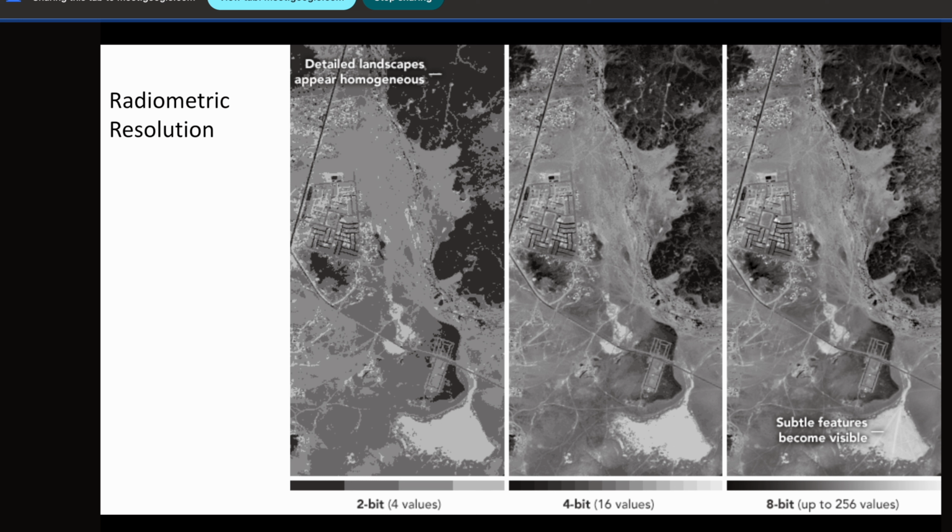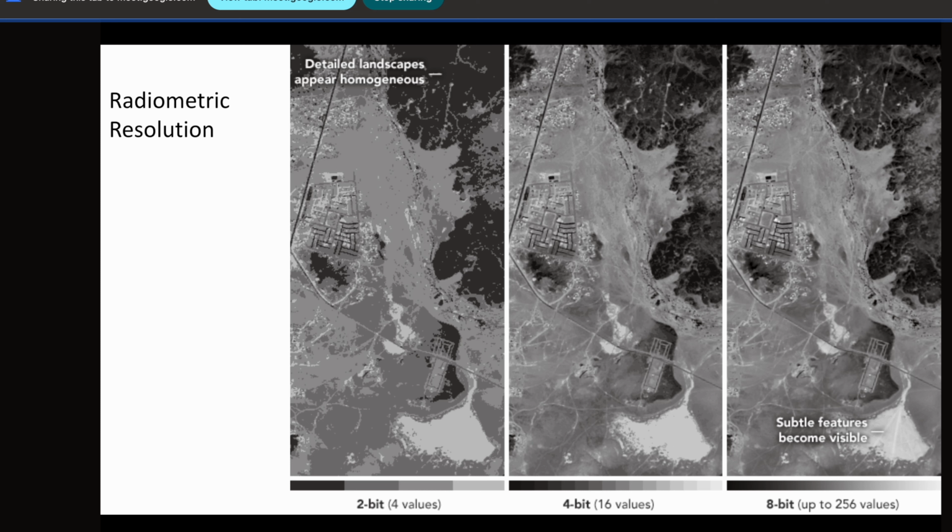So what advantage will you get? You will get more continuous colors, or more continuous information, from the image. Generally your eye is an analog system, so it is continuous. But when you are taking a digital image, it depends on this bit resolution, or radiometric resolution.